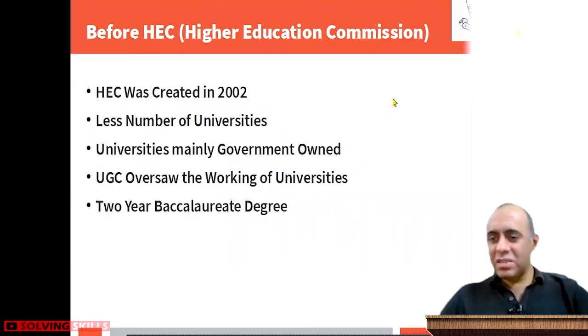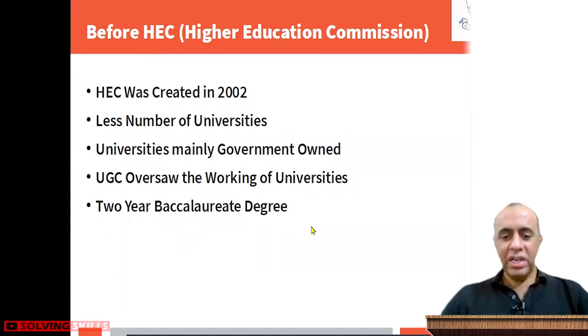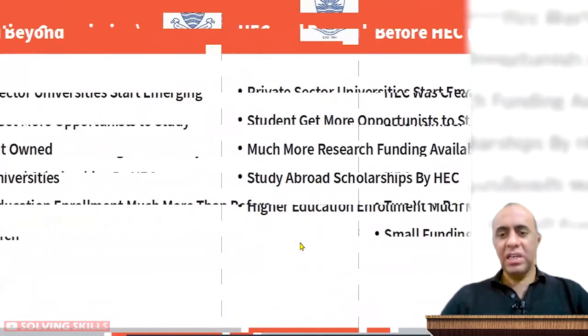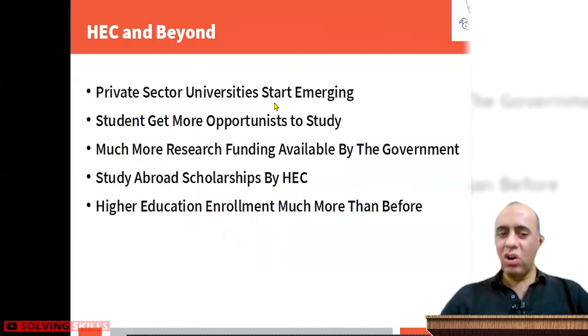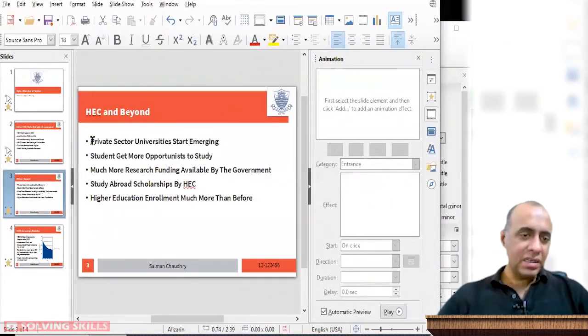So you see, the audience will probably appreciate that I'm not bombarding them with all of this information the minute I start the presentation. I'm giving them this information one after the other. This one, then this one, then this one. I hope you guys acknowledge this, right? And then small funding grants for research, and then the next slide appears, and here you see that all the information is bombarded to the audience at the same time, and I don't really like this style of presentation if you have done it right. So whenever you can, please try to add animation.